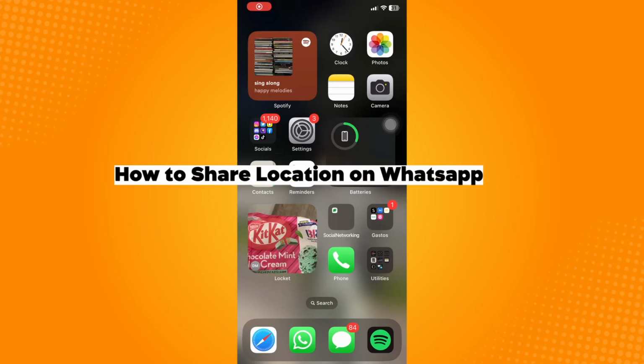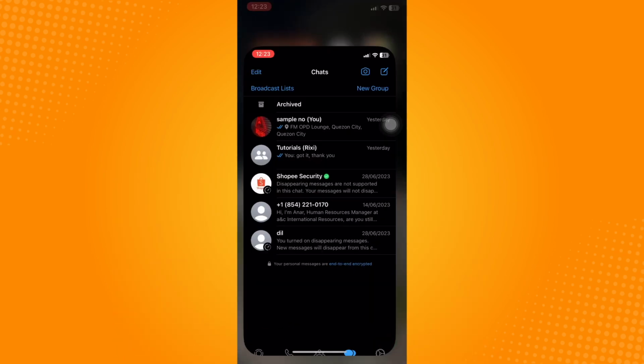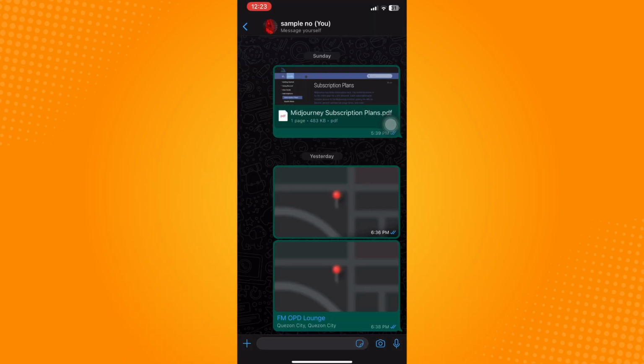How to share location on WhatsApp. So go ahead and open WhatsApp, go to chats, open a conversation to whom you want to share your location